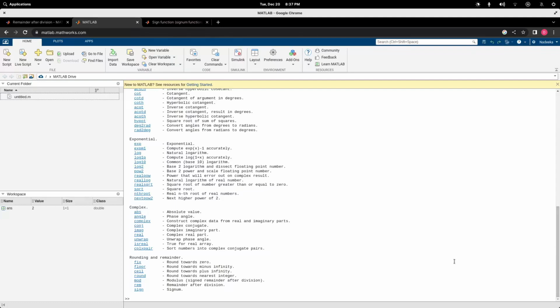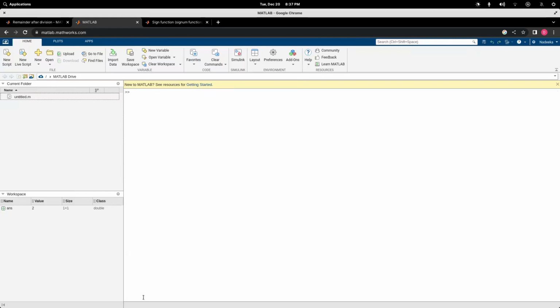If you apply a function to a vector or a matrix, in most cases the function will apply to each individual element and will return the output as a matrix or as a vector. For example, if you look at the absolute value function, we know it returns a positive value. So if we pass a vector into it,